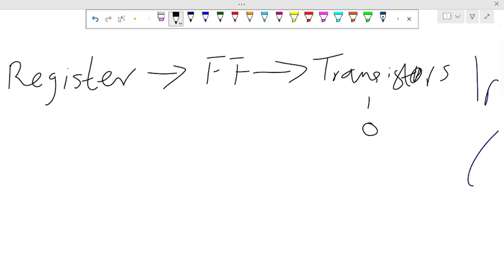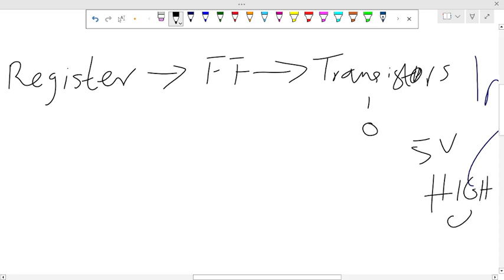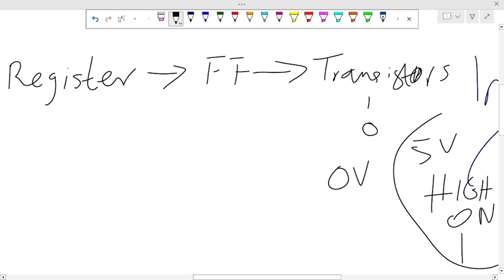The building of a transistor, how it looks like, we will not go into that, but bear in mind that a transistor has 3 pins: base, emitter, collector. That's for BJT. And when you apply a certain voltage to the base pin, usually 5 volts, it allows current to flow through, and we'll consider that as what? High, which is the same thing as on, or you say 1. Then if the voltage applied is 0 volts, which means no current to the base pin in BJT,